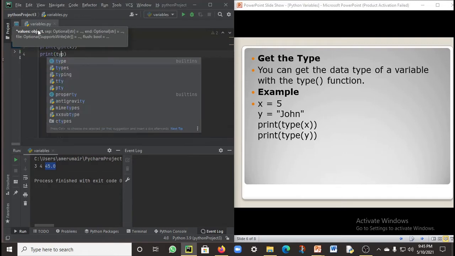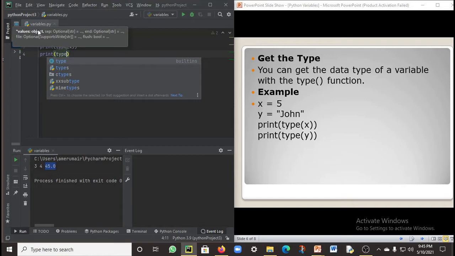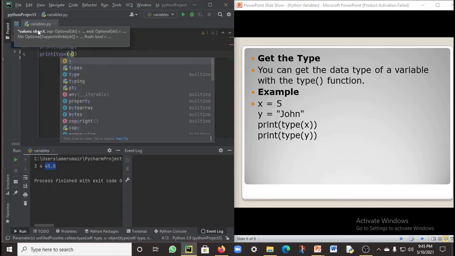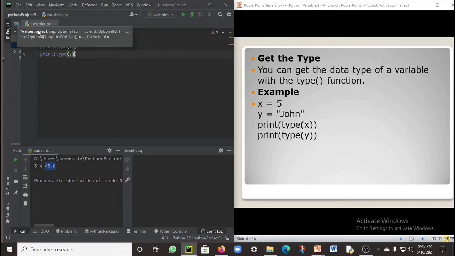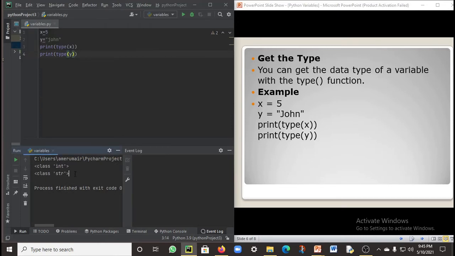If it's a string, it's going to give me string, and if it's a float or integer, it's going to give me float or integer. As you can see in the output, I have got class int and another class string.